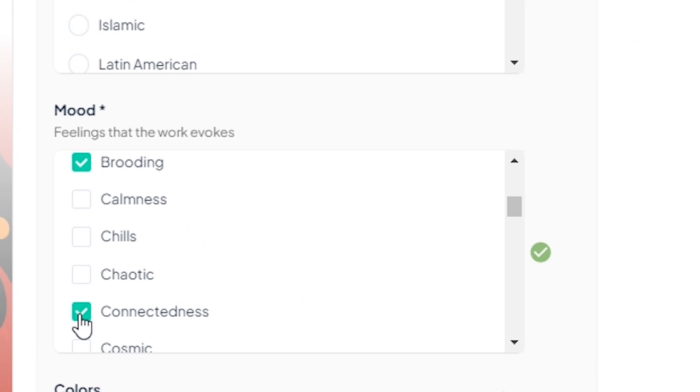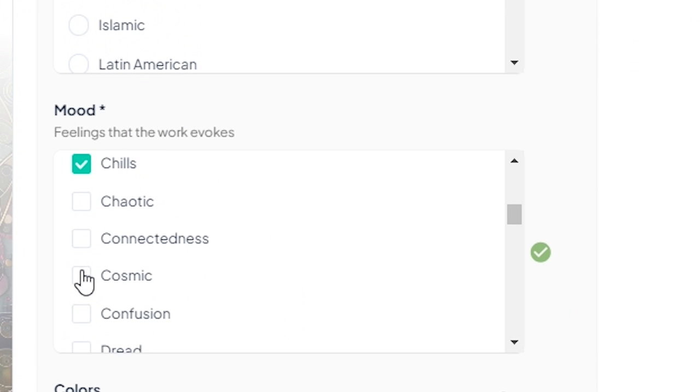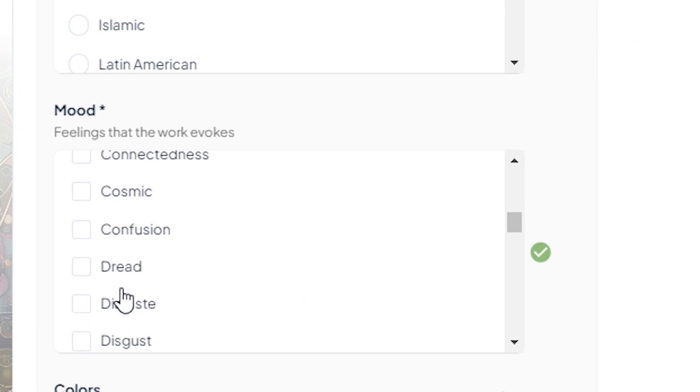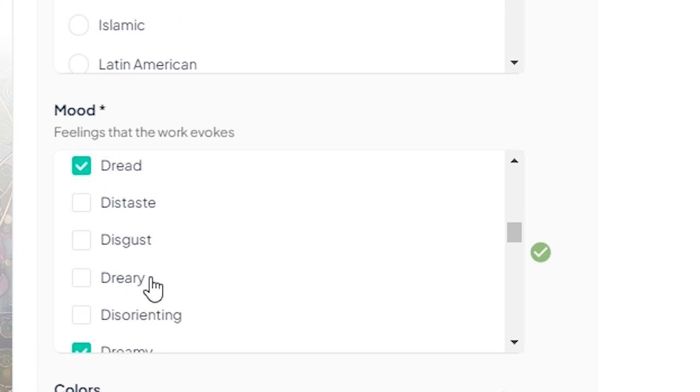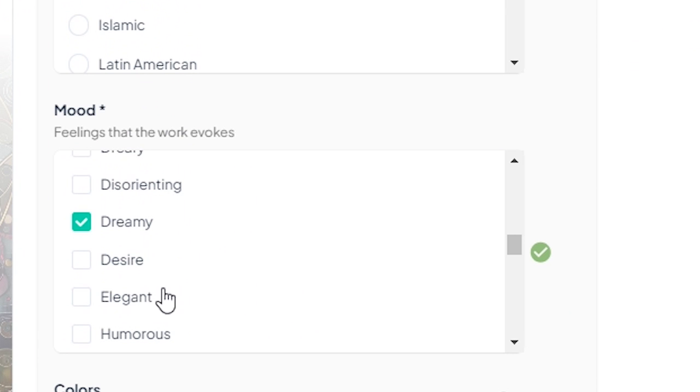So this is connectedness. No, it's not connected. I think it gives me the chills knowing that there's a hand that can just break everything I'm doing. So yeah, let's check connectedness, dread. Yeah, let's put the dread part here. I don't like that. Not distaste. Yep, there's a distaste to it. No, not dreamy,